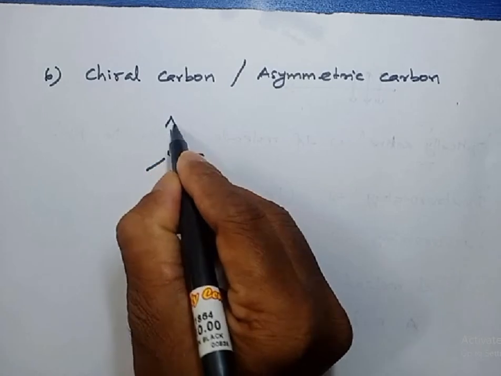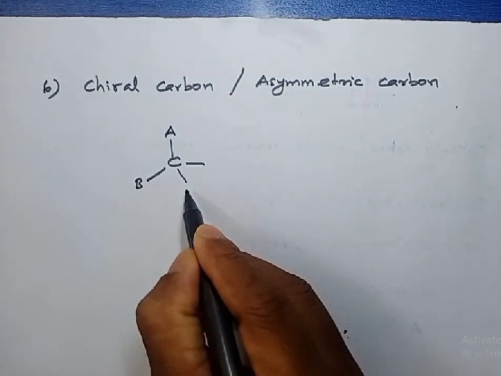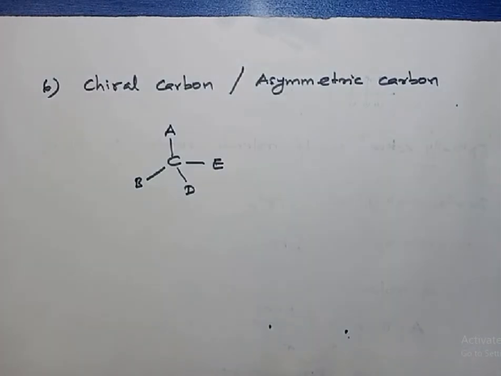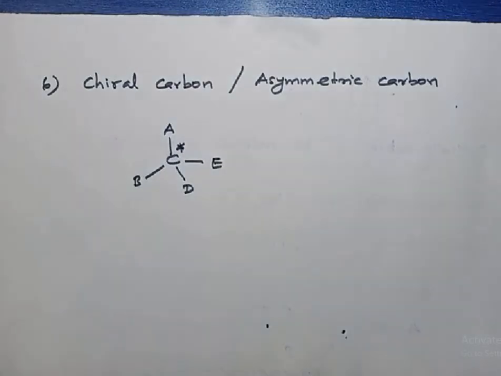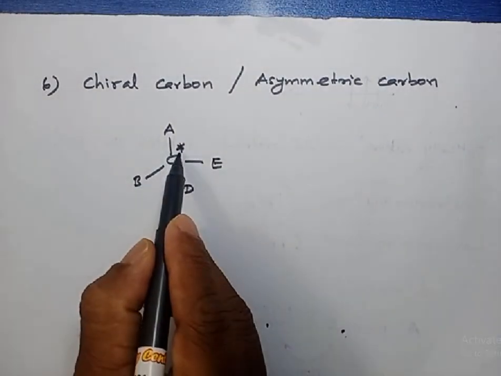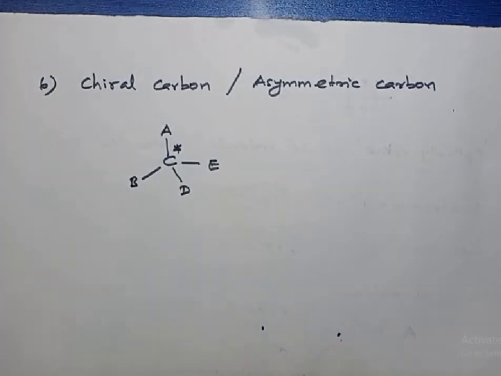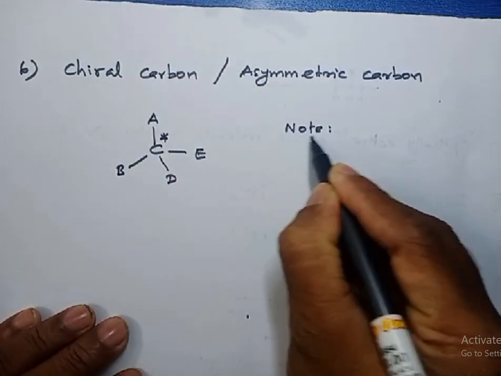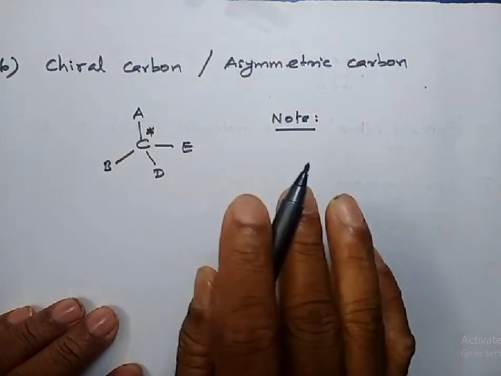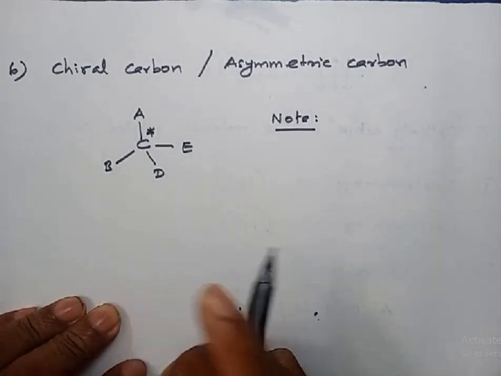If all the 4 groups attached to a carbon are different, then we call that carbon a chiral carbon. Chiral carbon is usually represented with an asterisk symbol like that. So what is a chiral carbon? A carbon connected with 4 different groups. It is called chiral carbon or asymmetric carbon. And here one important point you should keep in mind, that I already told you, whenever a molecule contains a single chiral carbon,